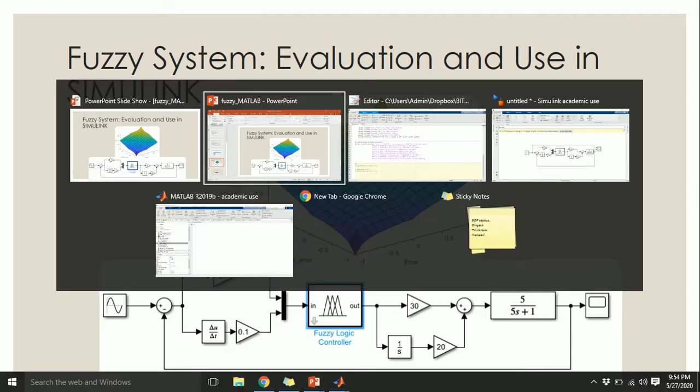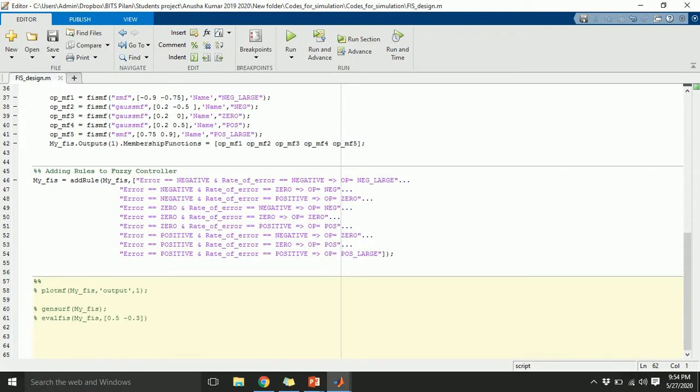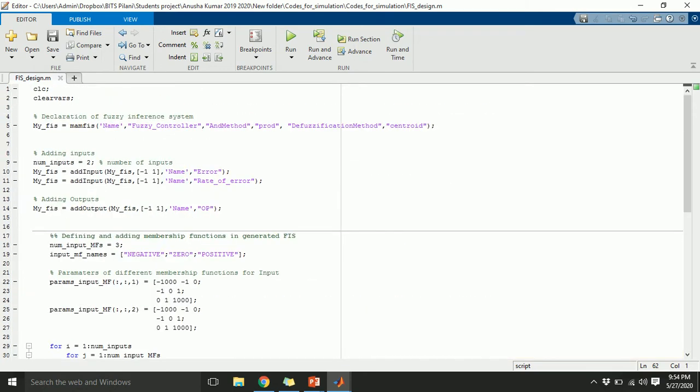So let me go to this MATLAB window, and here again I'm just refreshing these things. Initially I'm creating the Mamdani type fuzzy system with a certain AND method, OR method, and defuzzification. The rest of the parameters are set as defaults.